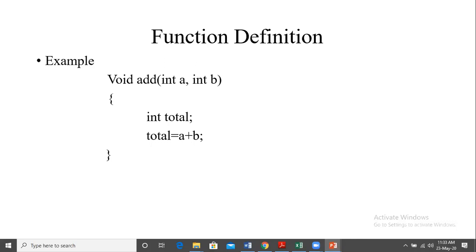Is this clear? So the function may be called by main, but the main will not get the answer. Return type is void. We are not having any return statement here. Okay, so we will see these different types in the coming slides. So here return type is void. That is what I was talking about. Void is a return type. Void means nothing. It does not return anything, null. So it is going to find out the answer and then print it here itself, right?